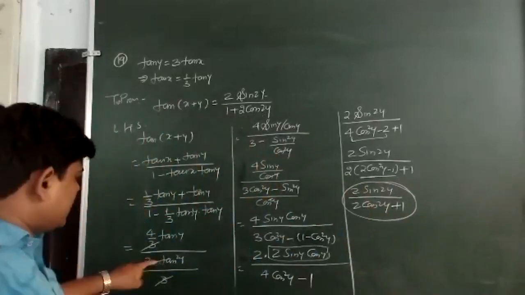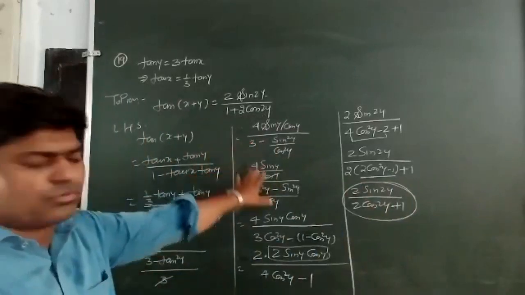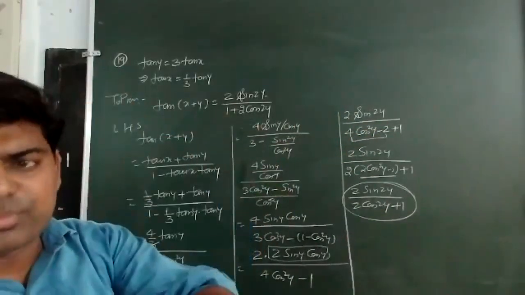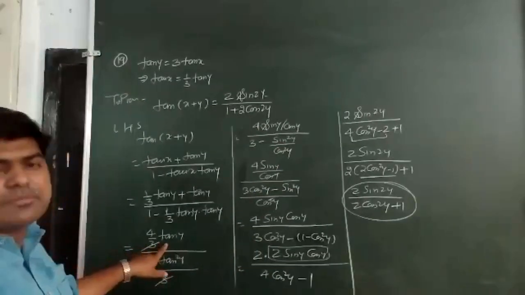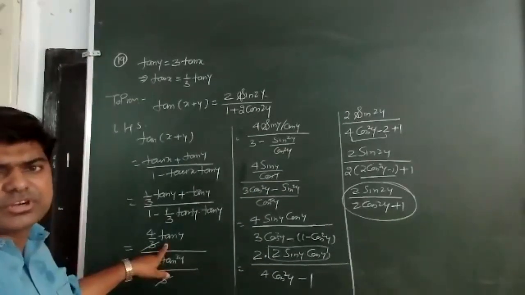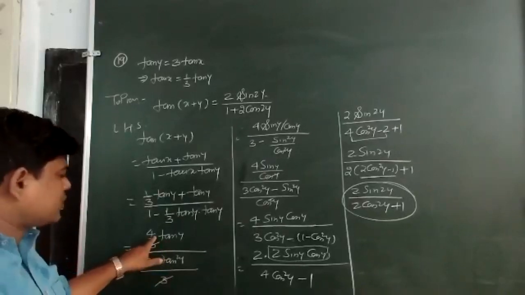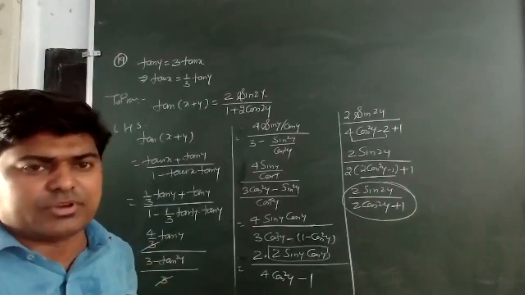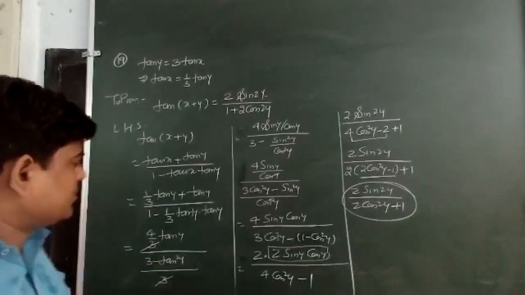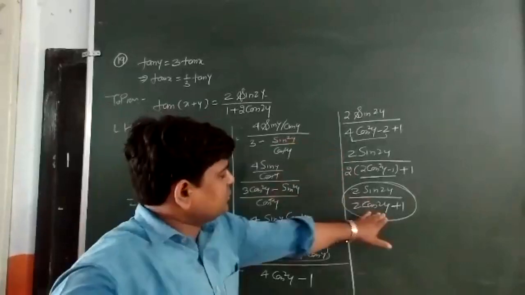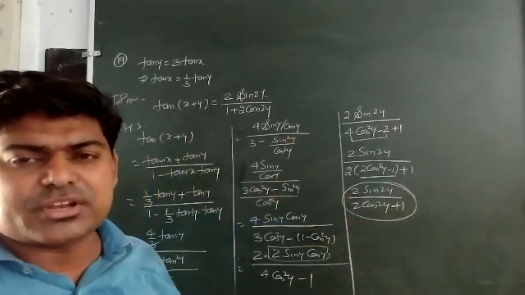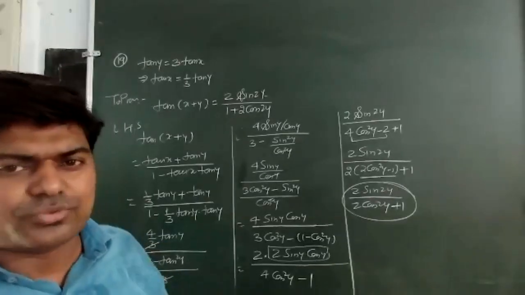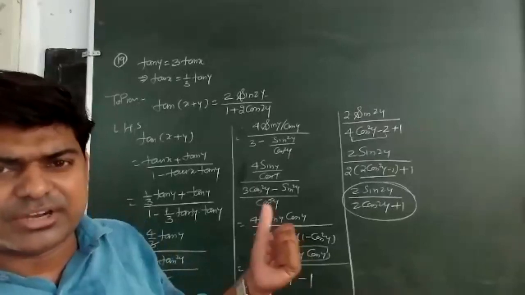Let me tell you one more thing. From here you can see I have converted all these tan in the form of sine and cos. If you don't want, no problem. From here I can divide by 1 plus tan square y in numerator and denominator both. So 2 tan y upon 1 plus tan square y can directly be written as sin 2y in the numerator. In the denominator, since we are having cos 2y formula in the form of tan, 1 minus tan square y upon 1 plus tan square y, some arrangement will be required in that case.